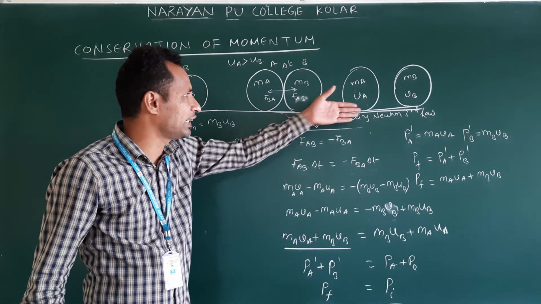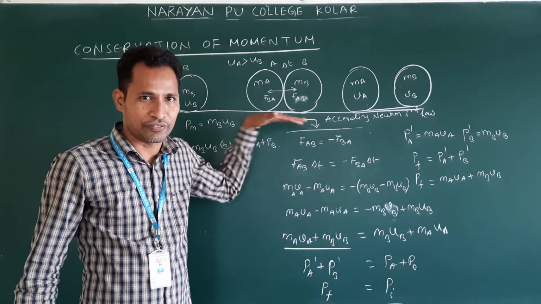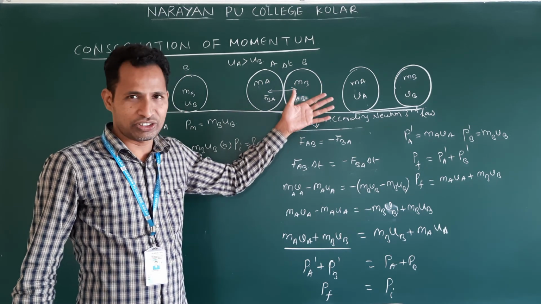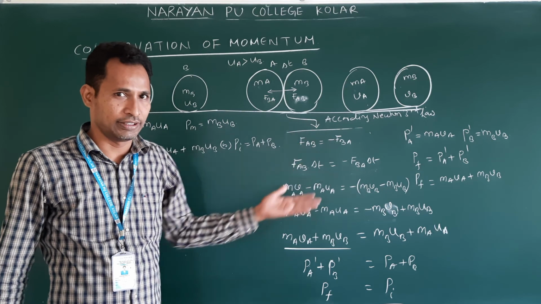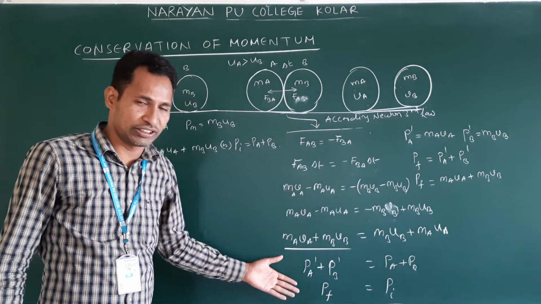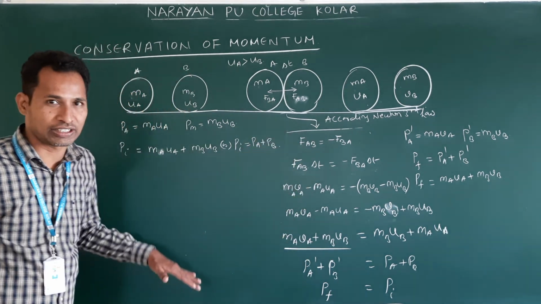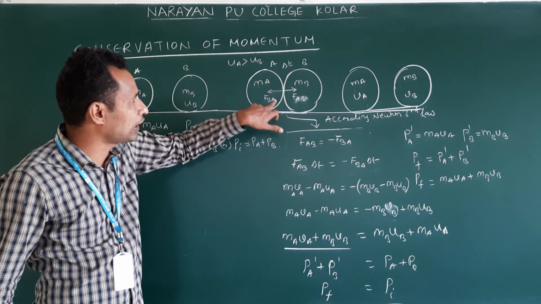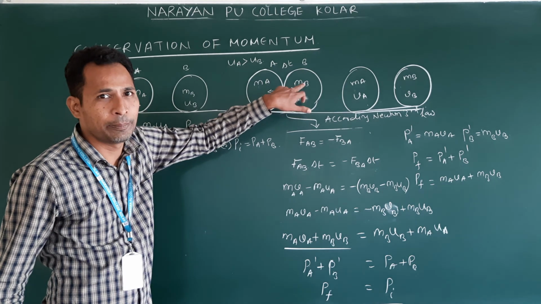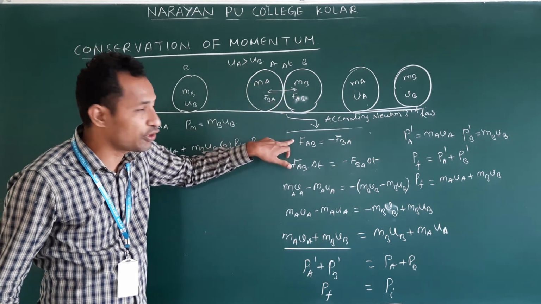Right? These are all moving in a straight line. Understand? If there are different directions, we will see that in numerical problems. Clear? That is how to apply this law of conservation of momentum. I hope you understand. This is initial momentum. Here impact is there. In impact, A applies force on B, B applies force on A. So we followed Newton's third law.